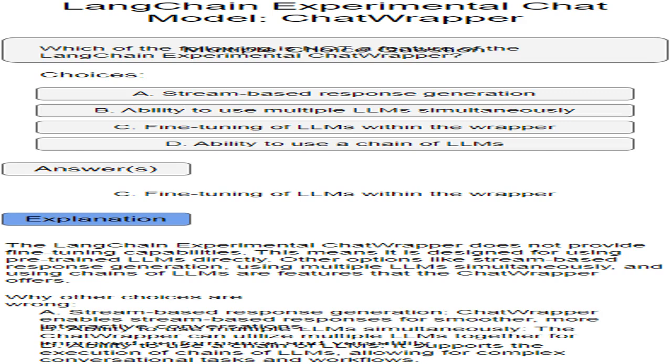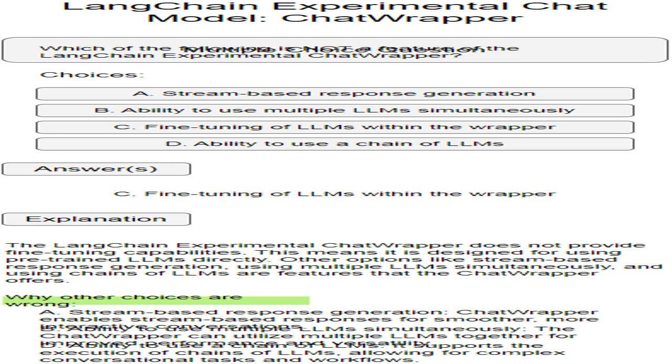Generates an explanation based on the user's answer. This explanation includes details about why the correct choice is correct and why other choices are incorrect. A detailed explanation of the correct answer, including rationale and reasons why other choices are wrong. Control. The control flow moves to the why other choices are wrong component to provide further explanations about the